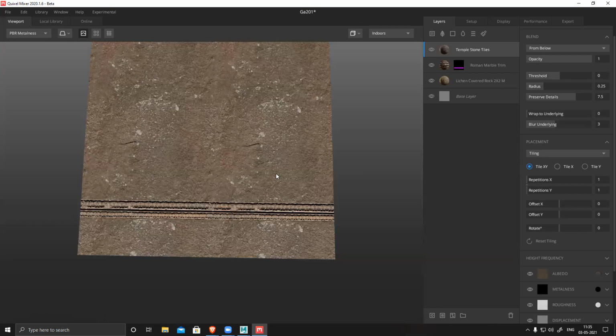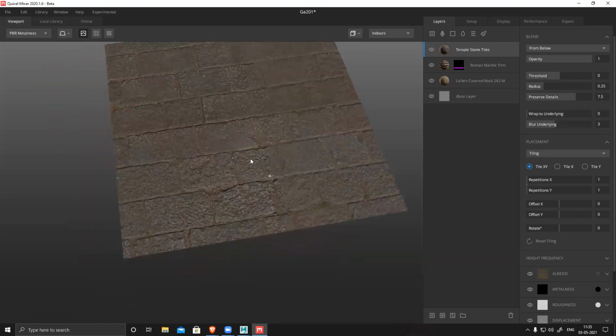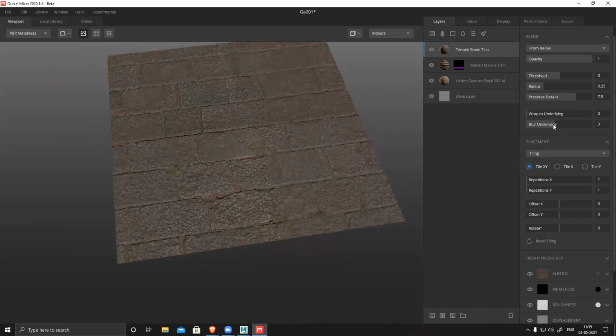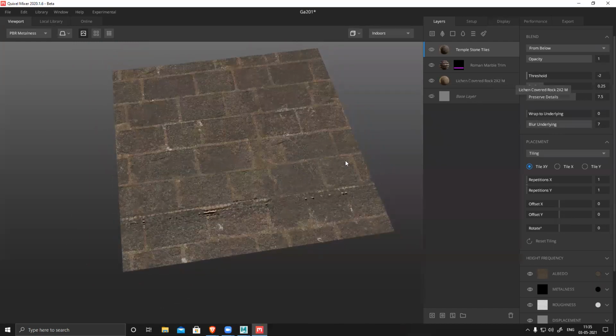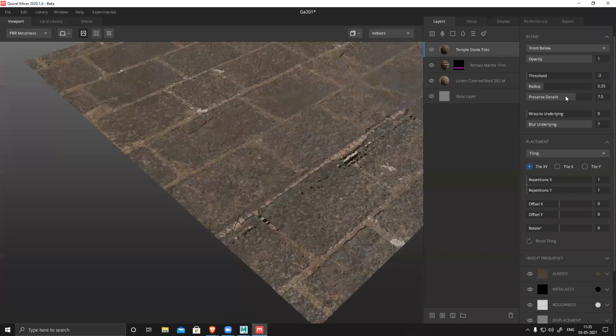It's loading. So it's covering the entire section. Again, same thing. You can preserve detail.